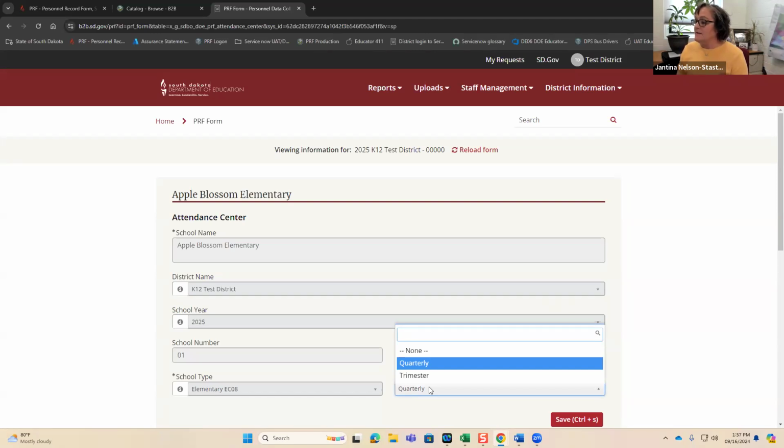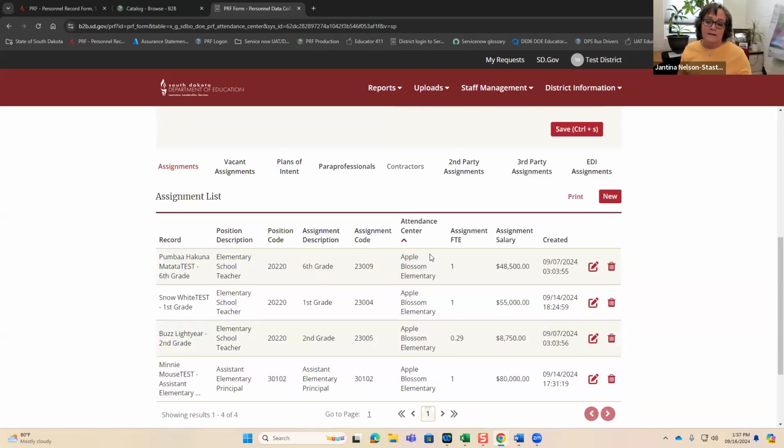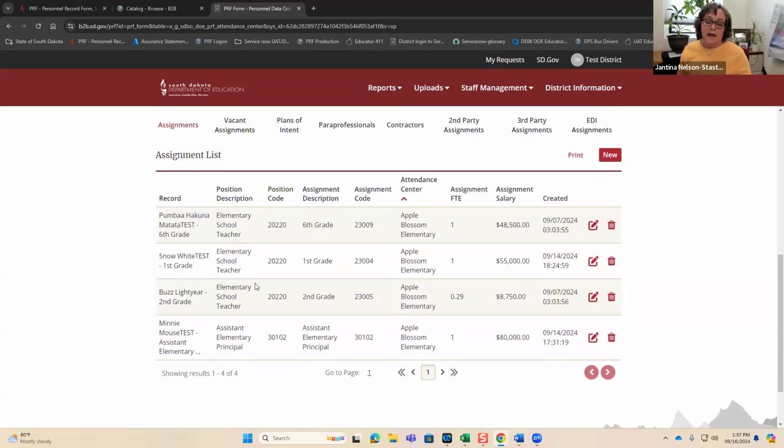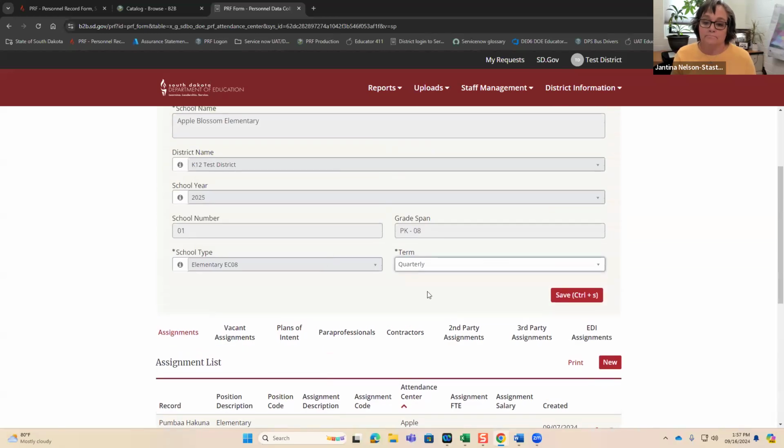As it switches all the educators assigned to that school, and you'll have to manually correct them. It does tell you which of your staff are assigned to that school, and which ones you would have to go in and switch from quarterly to trimesterly.